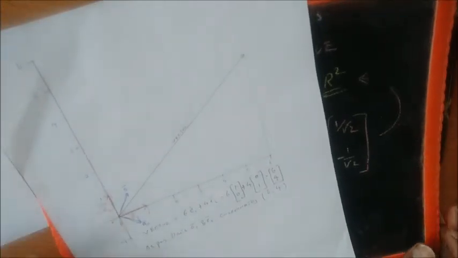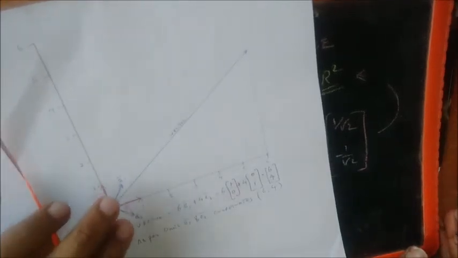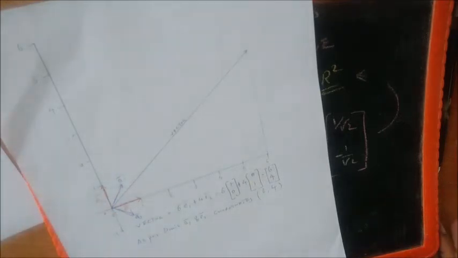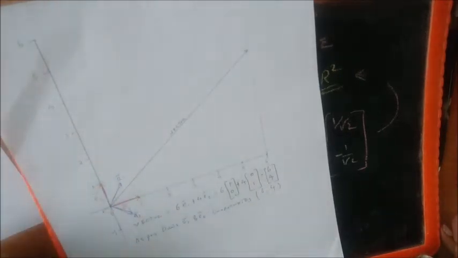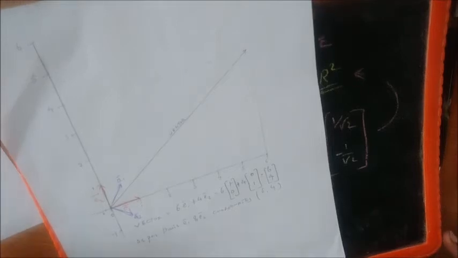Now, what we have to find out is this: we have changed the basis. In this example, I took it to demonstrate, of course, that the basis is not unique. The other thing is to find out what the coordinates of a vector will be when we change the basis from one to the other. When the basis was E1 and E2, the coordinates were 6 and 4. Now the question is, what will be the coordinates when the basis is changed to A1 and A2?